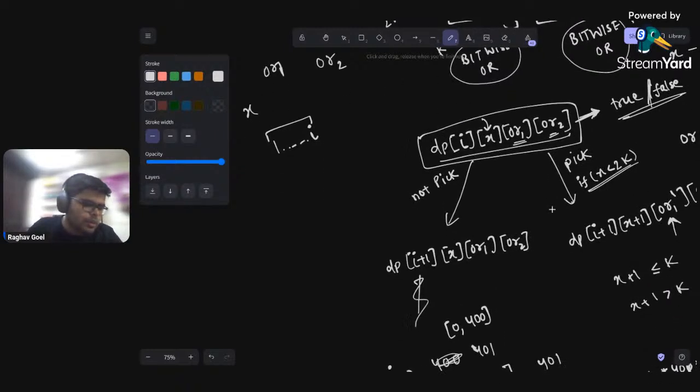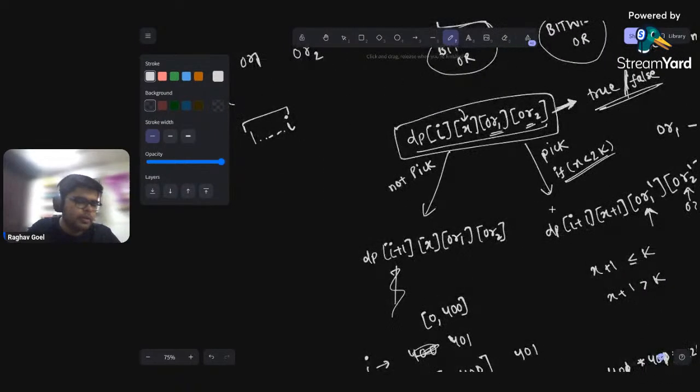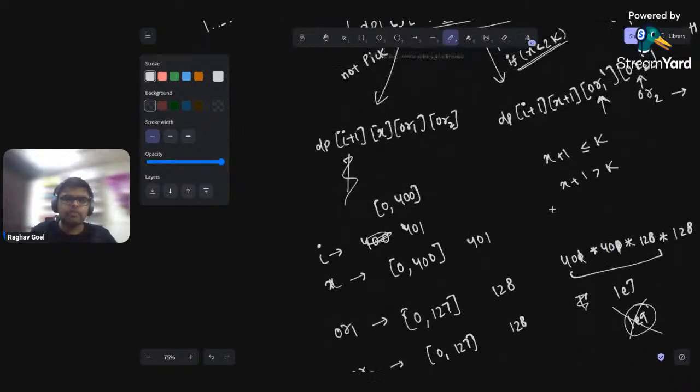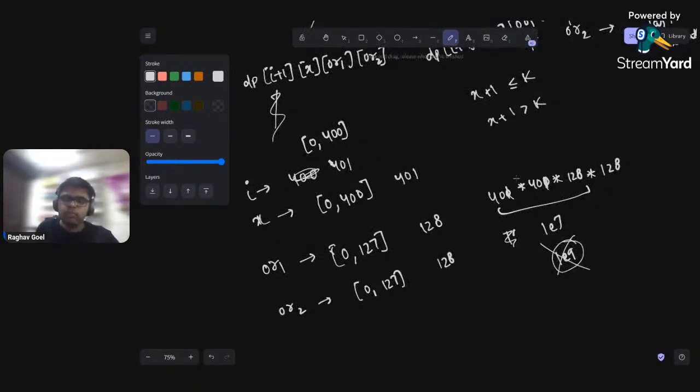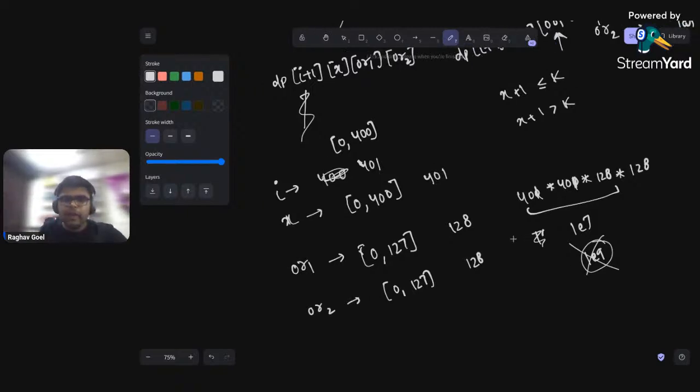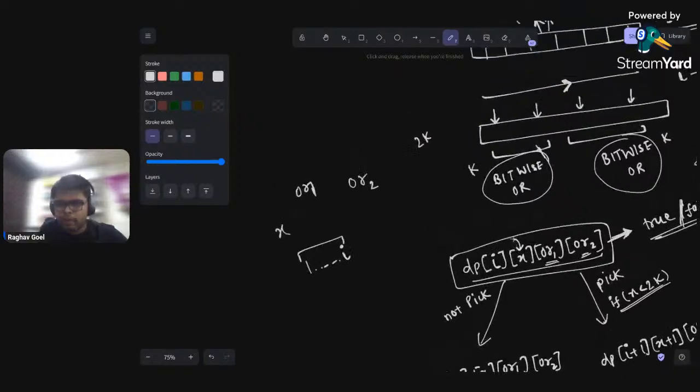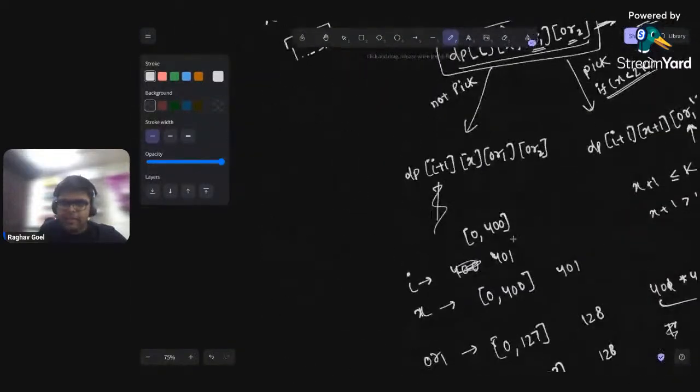N square into 64 into 128. 64, right? Yeah, we are getting n square into 128 into 128. This will fail, right? So this is where I had got stuck when I was solving this problem for the first time. And then